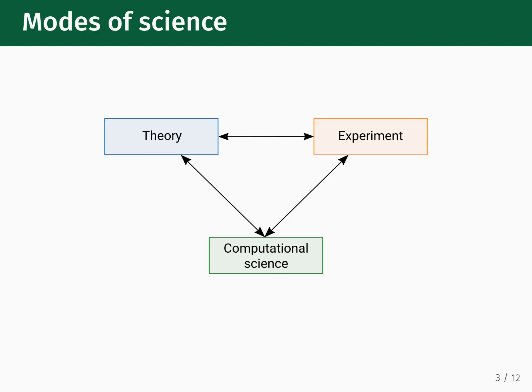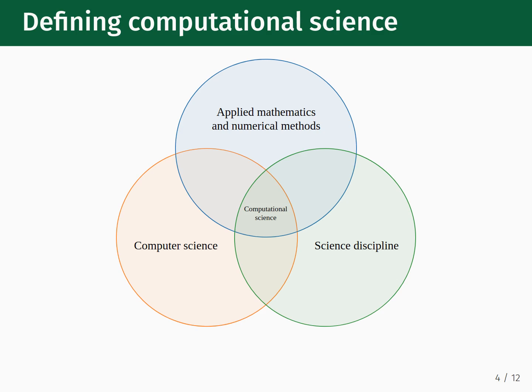The skills needed to build, optimize, and maintain scientific software, or to program and administer a supercomputer, diverged from the theory mode. Computational research adopted traits from both the experiment and theory modes of science. In this context, computational science emerged as a third mode of science and as a complement to both theory and experiment. So what defines the skill set of a computational scientist that distinguishes it from the theory and experiment modes?